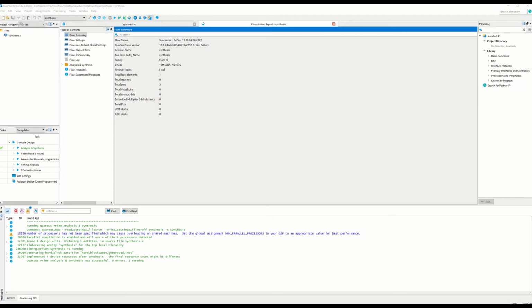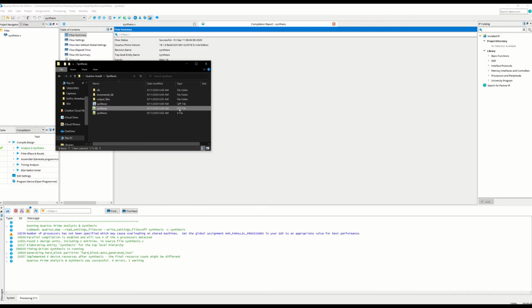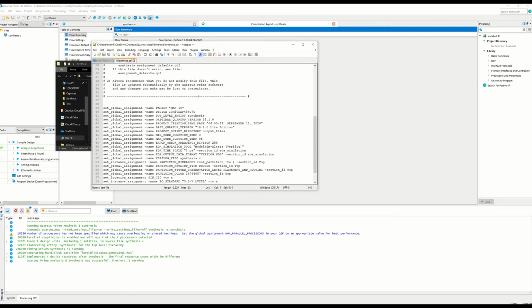But if you want to check if they are in the design or not, the way to do it is to go to the folder that you have created this file in, like go to the actual location, and you should basically find one particular file there that corresponds to our design. So let me show you the exact file here. If I go to my folder, I'm working in this folder, so there is this file called QSF. That's my synthesis file.